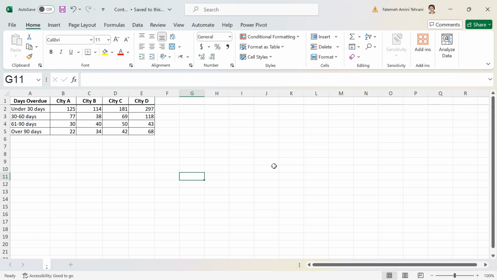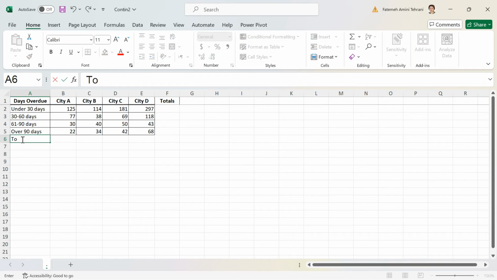Look at this question. Here I have a contingency table, and without using a pivot table, I'm going to make a joint probability table for this question. To make a joint probability table for this contingency table, first I look at the table, I don't have the totals. So I need to find the totals first, also totals here.